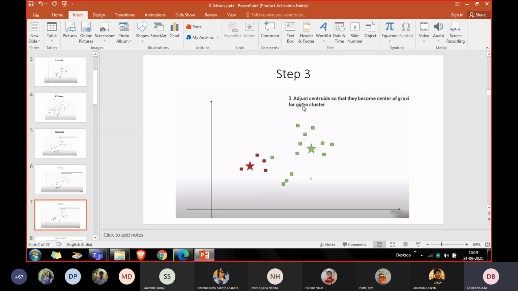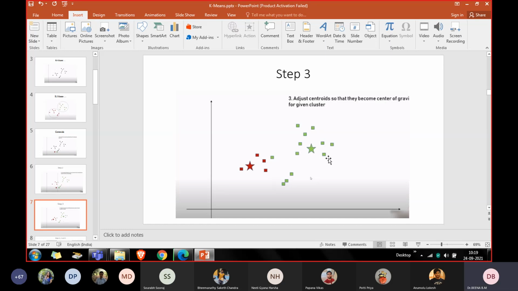So for that we have to place the centroids. Here place the centroids again and calculate the distance of each and every data point from the centroid. Keep adjusting the centroids so that they become the center of gravity for the given clusters.